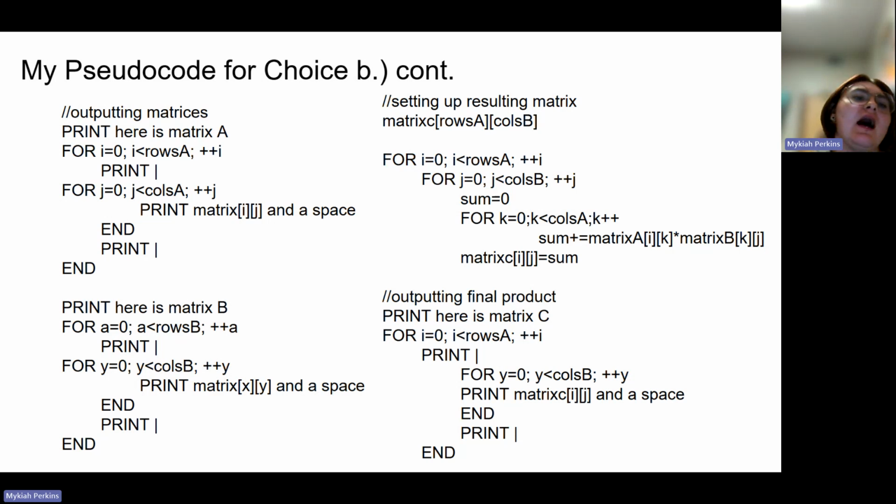a white space, and then we end that for loop, and then we have another print statement with that simple line to box in that matrix as is customary. Same setup for matrix B, using variables A and B,